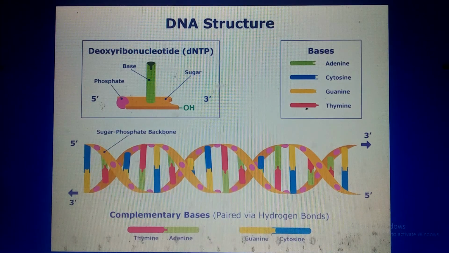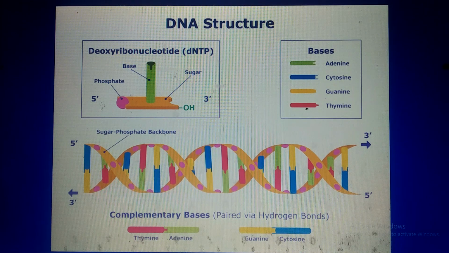Okay. Now, what is DNA? The structure of DNA, which is deoxyribonucleic acid. You are familiar with the DNA structure. DNA is double-stranded, and DNA consists of two polynucleotide chains, which form a helix-like structure, and these two strands are complementary with each other, and each strand consists of